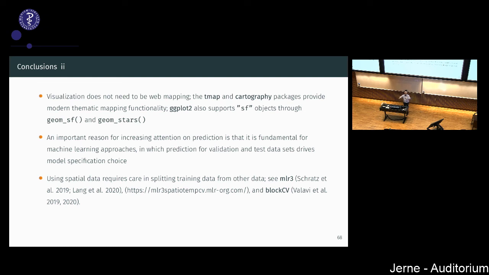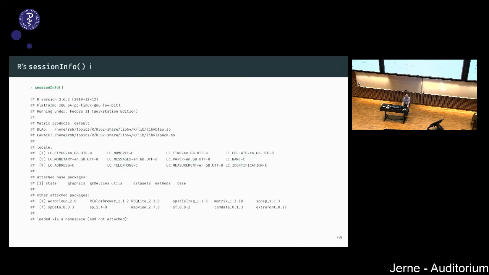And if there is spatial autocorrelation, obviously, if the test set and the training set are close to one another, the test set will not be independent of the training set, so there are some references there.